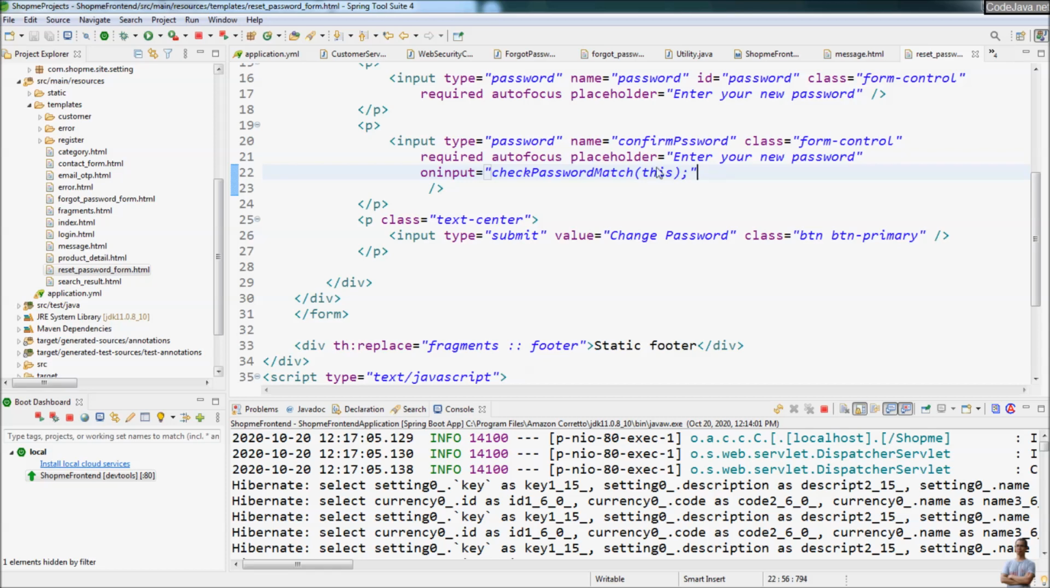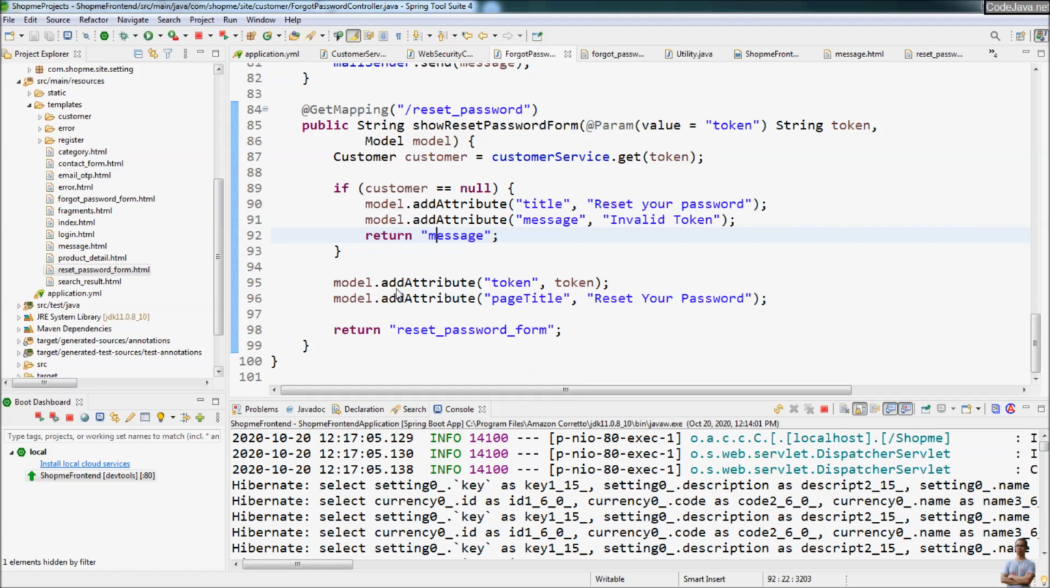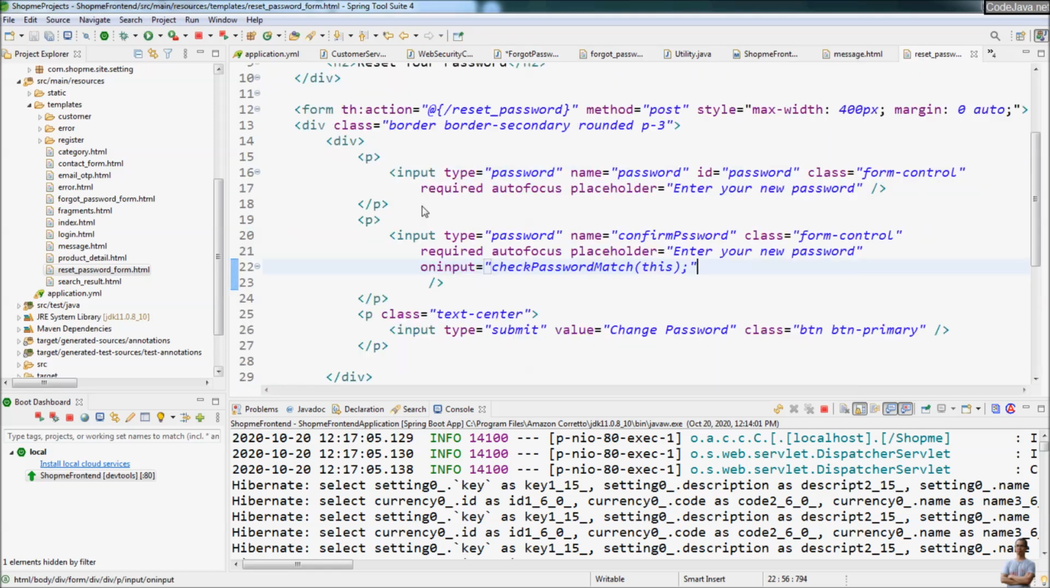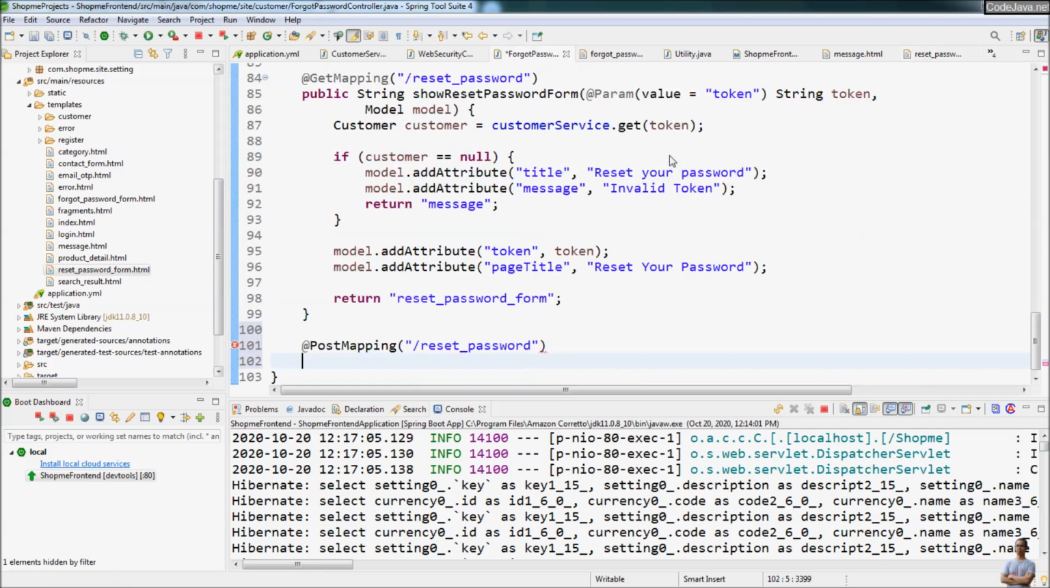Now let's write code to handle the submission of the reset password form to allow the customer to change the password. Post mapping for the URL reset_password. As you can see in the reset password form, the action of the form here is reset_password with the HTTP method post here. Public string processResetPassword,